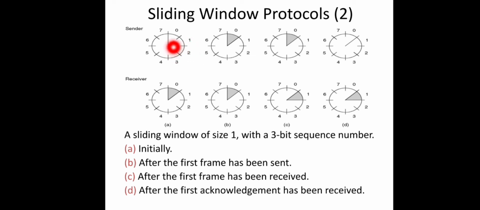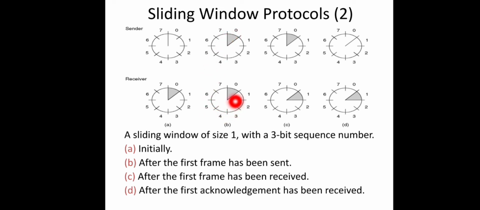When a frame is sent by the sender, it will advance its upper edge to the next frame. So the upper edge is advanced. Here both the lower and upper edge indicate frame 0. After sending the first frame, the upper edge is advanced. The lower edge stays at 0 itself, because the lower edge indicates the frame to be acknowledged by the receiver. So the meaning here is that I have sent one frame and I am ready for sending the second frame, and I am waiting for the acknowledgement from the receiver for this frame 0.